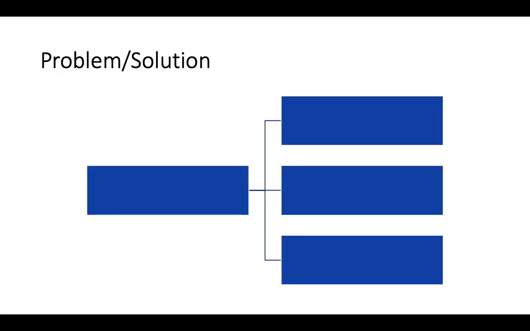When you're taking notes for this kind of paragraph, you use something like the cause and effect ones that we looked at earlier. In this case, because you might not be sure how many different types of solutions or recommendations there might be, it's good to draw this one freehand. So in this case, I would have in the first box the issue or the idea that I was thinking about